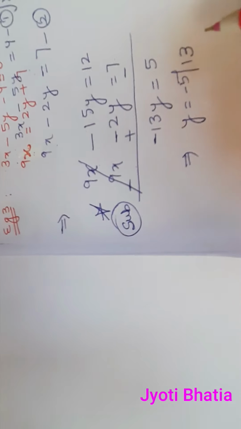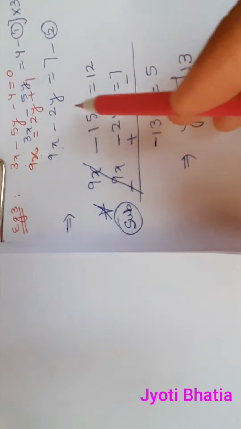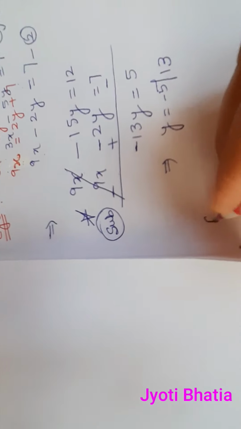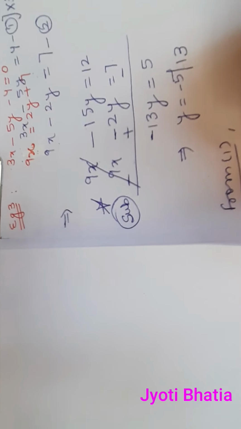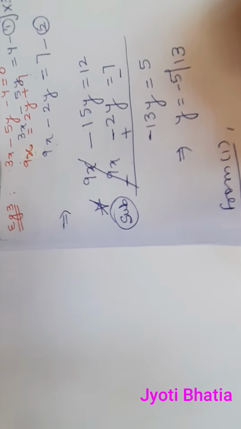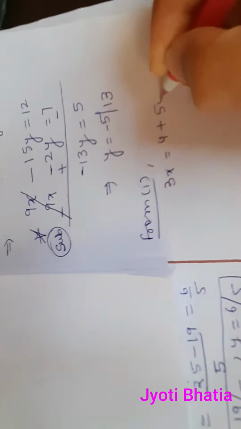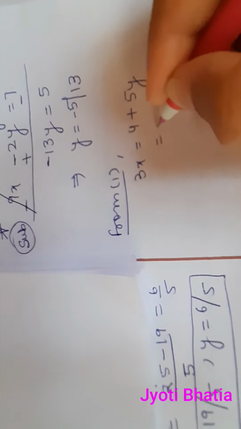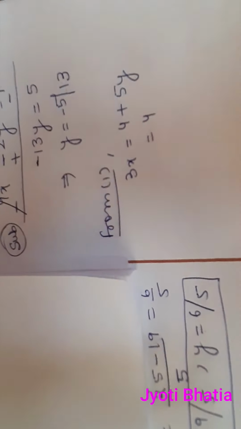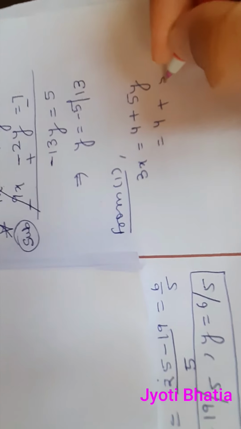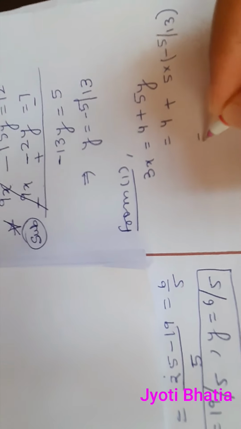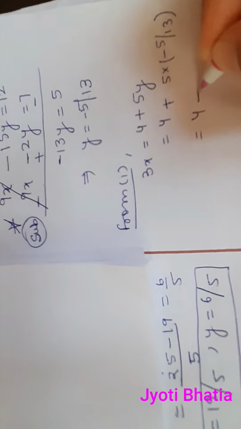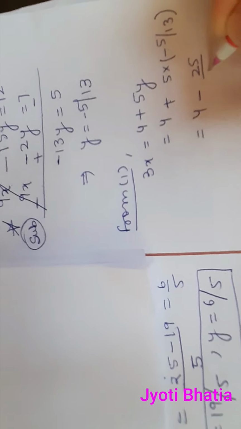Alright, now put the value of y is equal to minus 5 by 13 in any of the equations. So let me take equation 1. So from 1, 3x will be equal to 4 plus 5y. Solve this out. 4 plus 5 into minus 5 by 13, plus minus minus, 5 into 5 is 25 upon 13.